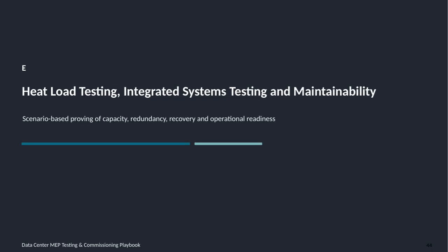Here we're focusing on 3 critical aspects: heat load testing, integrated systems testing, and maintainability. These elements are essential for ensuring that the data center can handle the expected operational demands without failure. Heat load testing verifies that the cooling systems can manage the thermal output from all the equipment, preventing overheating and